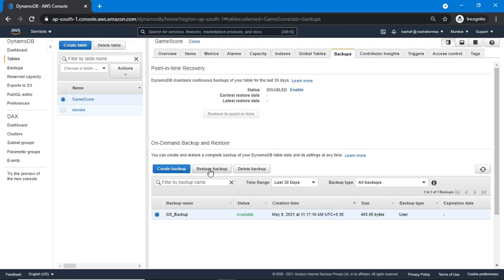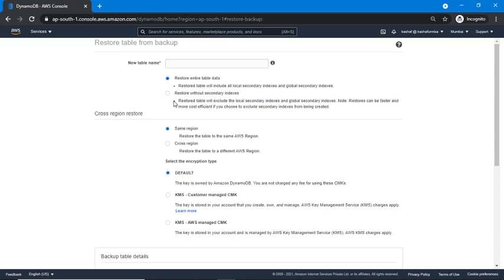So let's restore this. Now I'm going to click on the restore backup button. Here we can set the configuration for our restore table. We can have a different table name from the original, so I'm going to give GS restore, suppose.